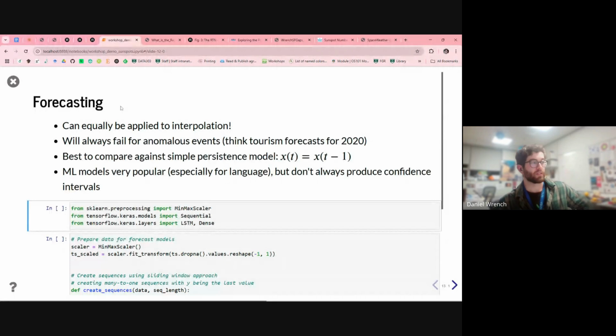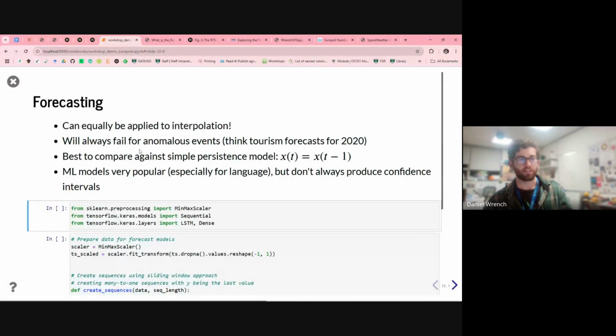Perhaps another thing which applies more generally is that in forecasting, we're trying to model what is happening in a period we have not observed. That could also apply to gaps. If you have some segments of data missing and you want to make some statistical claim about them, forecasting in that case is really interpolation, or backcasting or nowcasting, whatever you want to call it. So a lot of the same principles can apply to interpolation, except the difference there is you actually have an endpoint and not just a start point from your forecast. So it's bounded at both ends.